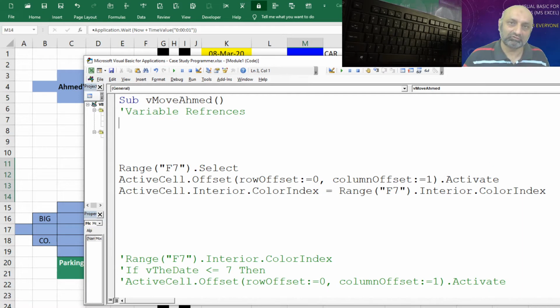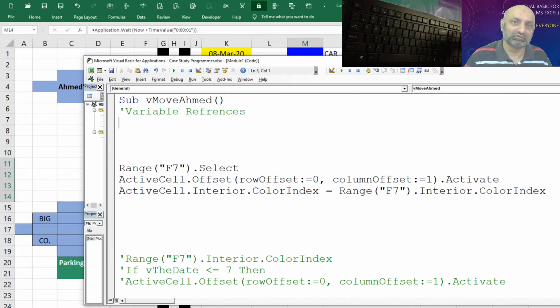How will we do that? Let's define some variables. It is good to define your variables at the top so that whenever you need to make any changes, you don't need to go and find your variables. You can just change their values, their references, from the top.